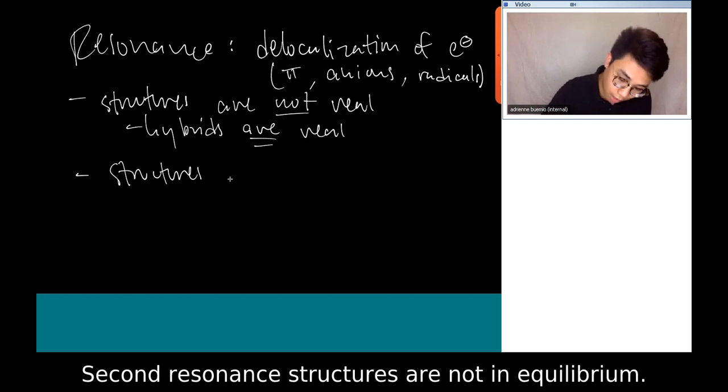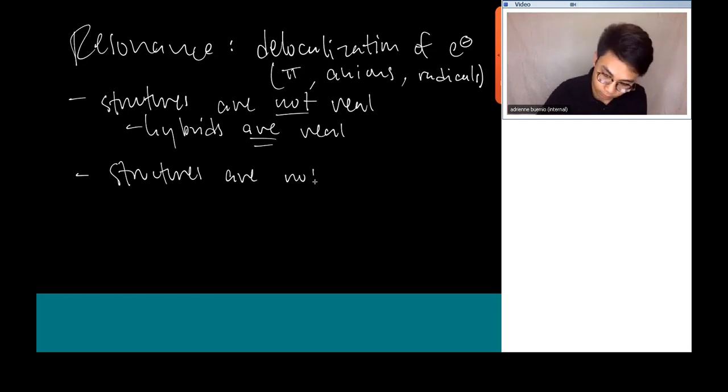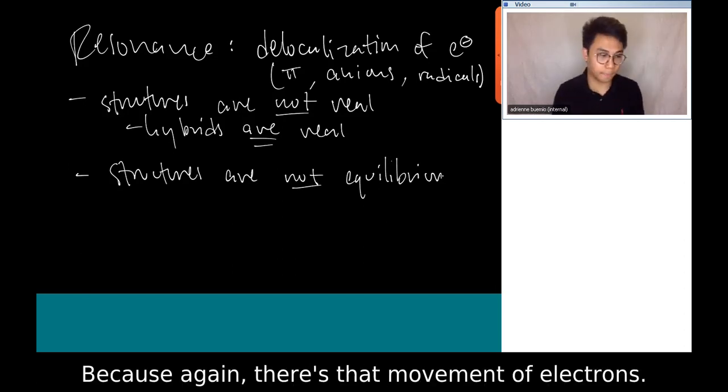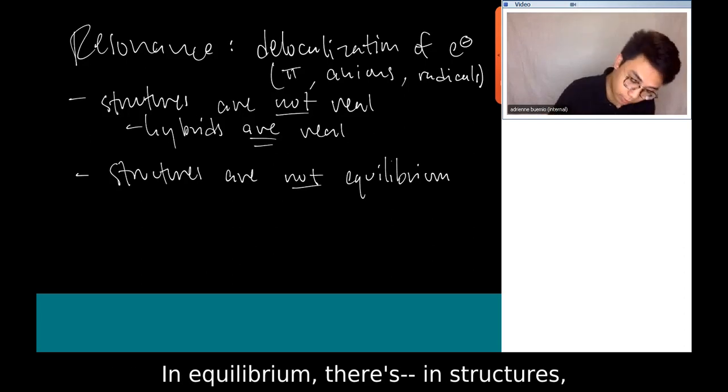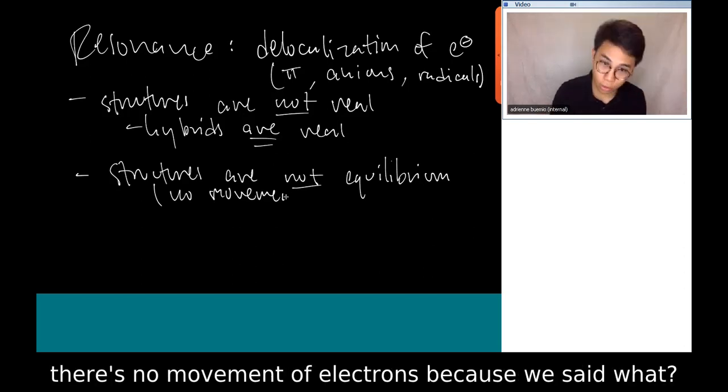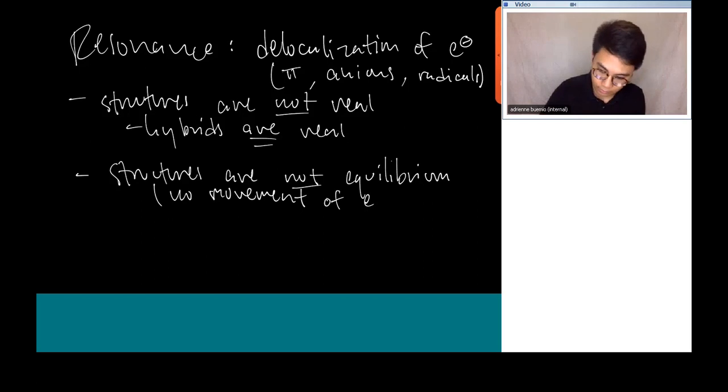are not in equilibrium. Equilibrium, right? Because again, there's that movement of electrons, and in equilibrium, in structures, there's no movement of electrons, because we said what? They're just pictures, right? Third,